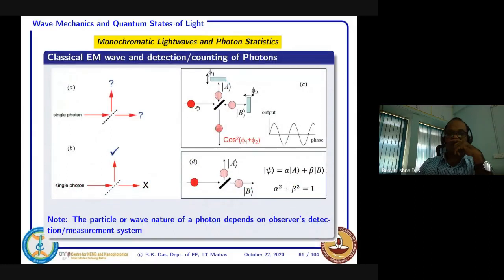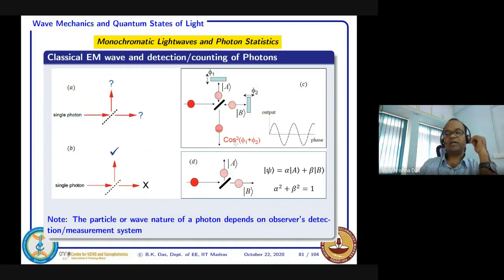And we will see here as well, if a single photon is coming, then what is this cos square phi? If it can be 1, or it can be less than 1, what does it mean? Can anyone answer? Classically, we know this is cos square. So how can we interpret this cos square if a single photon is coming? What would be the interpretation of cos square?